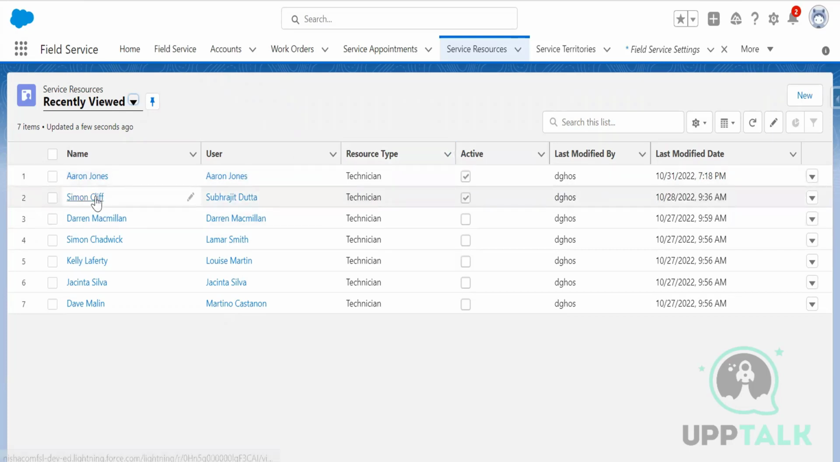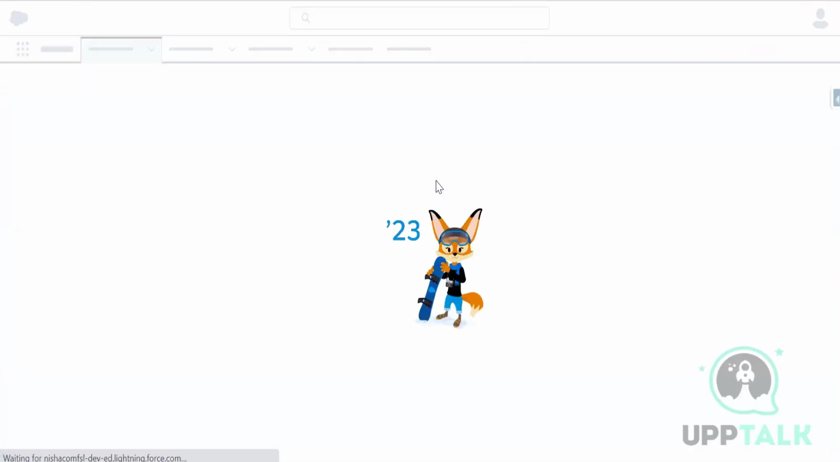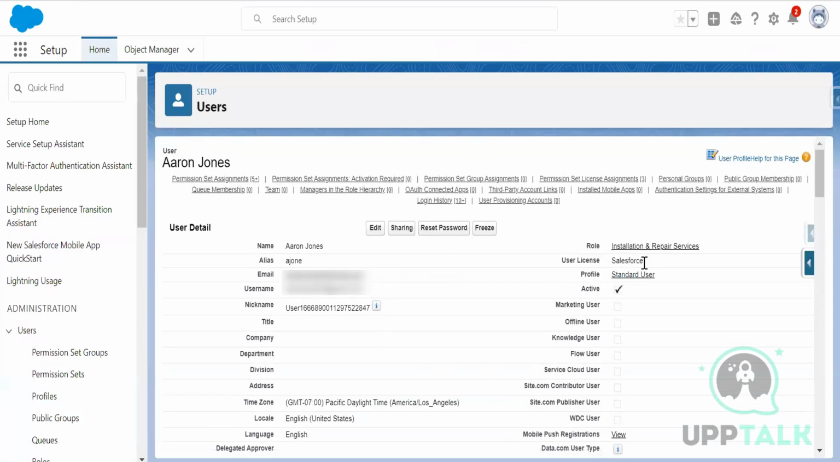First, Simon Cliff I have created. Aaron Jones is a user which I have created. I want to make this Aaron Jones user a service resource. That's why the user license is Salesforce. I'm giving the role as installation and repair services. This is a standard role which comes with the managed package. Installation and repair service automatically comes with the managed package. You have to assign that role